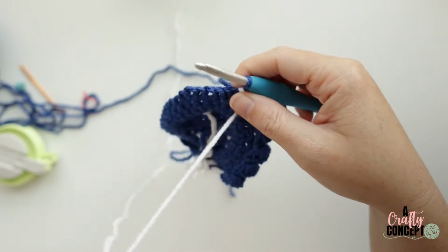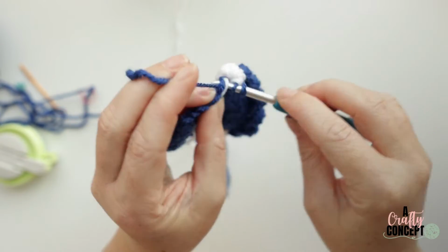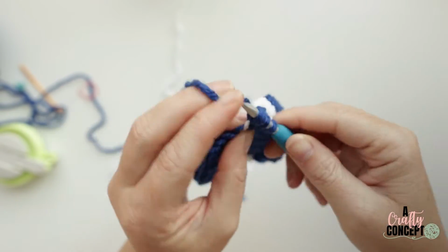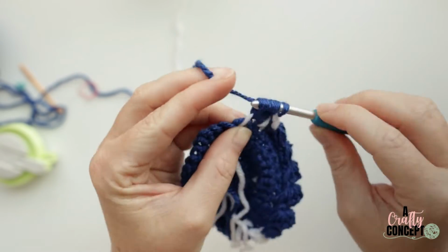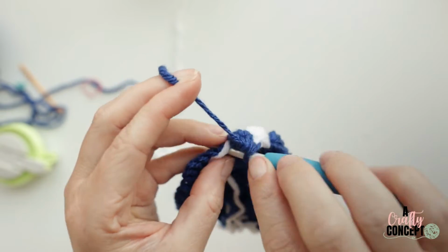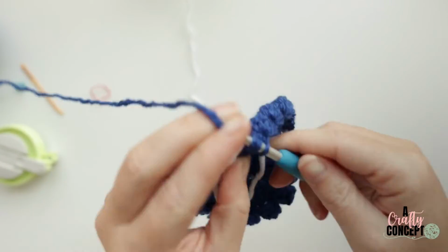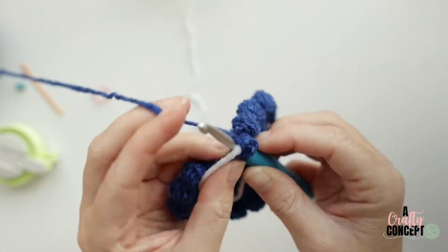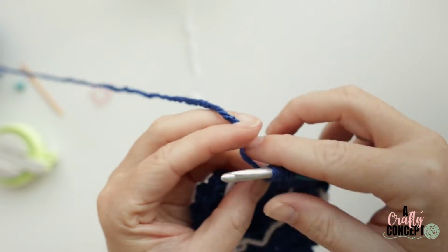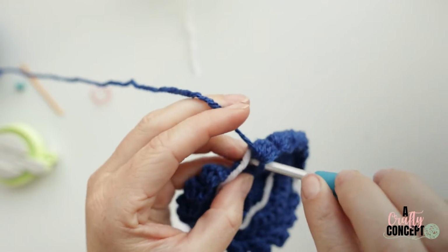Now we are going to bobble single crochet with our blue 6 more times, remembering to work over your white yarn. I keep forgetting that. So bobble single for a total of 6 times, working over your white yarn. Okay, I'm on my 6th bobble. My white's getting all messed up. There we go. Pull through and then single crochet,